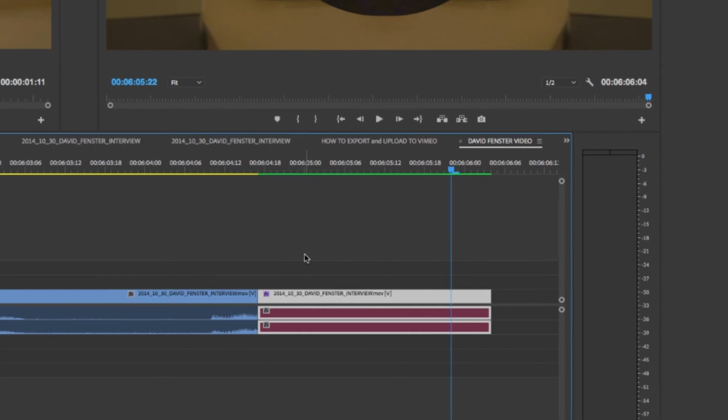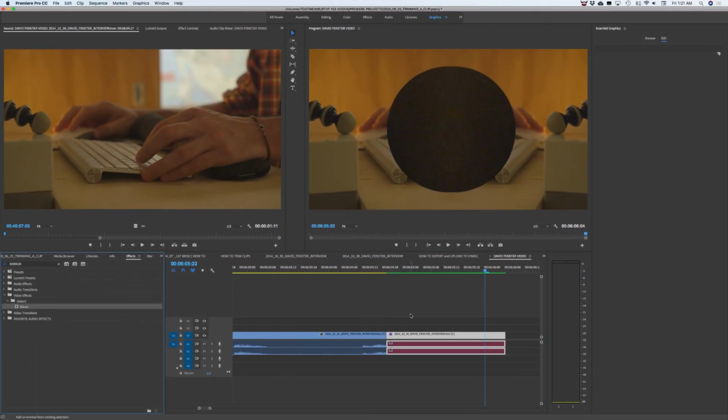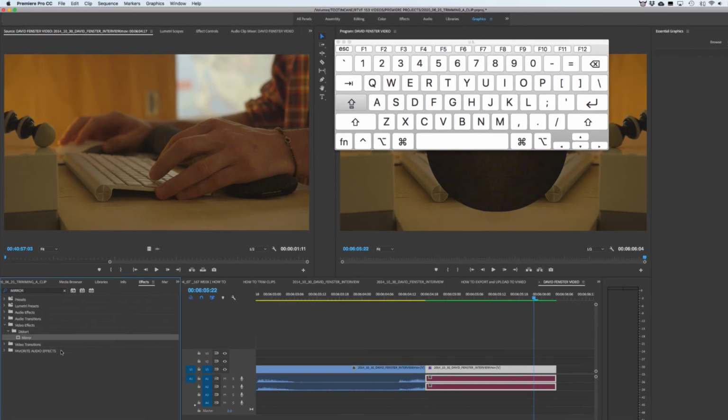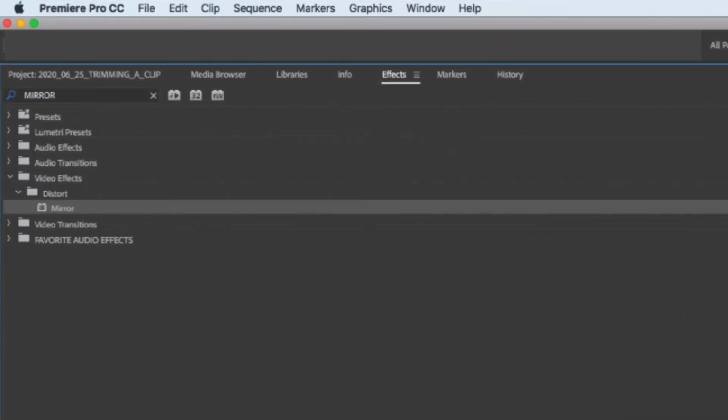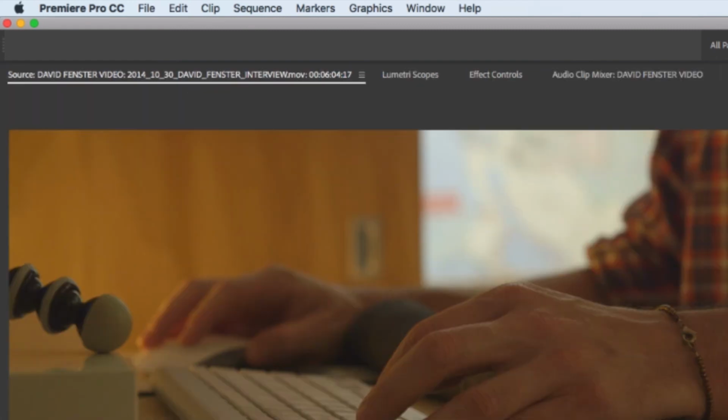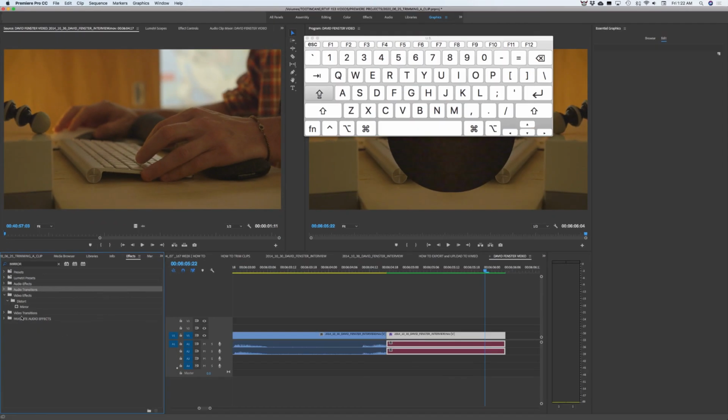Okay, quick review. Shift 7, that is a shortcut for the effects. So again, Shift 7 opens the effects panel. There are two general types of effects. There are transitions, audio transitions, and video transitions. Those are very easy to see because you're going to see them on top of your clips. A standard video transition would be